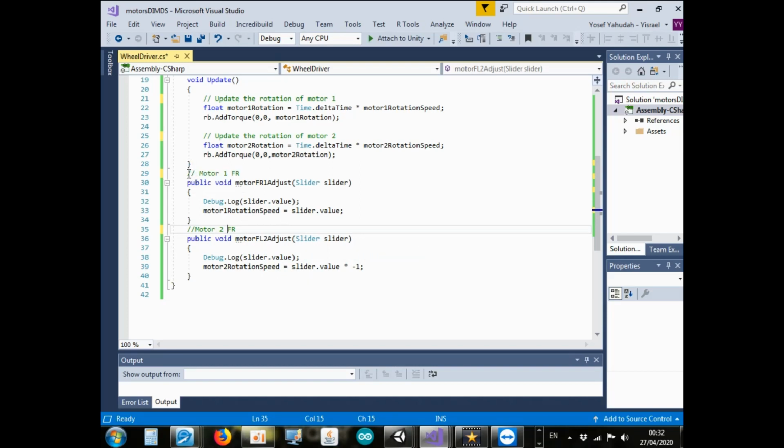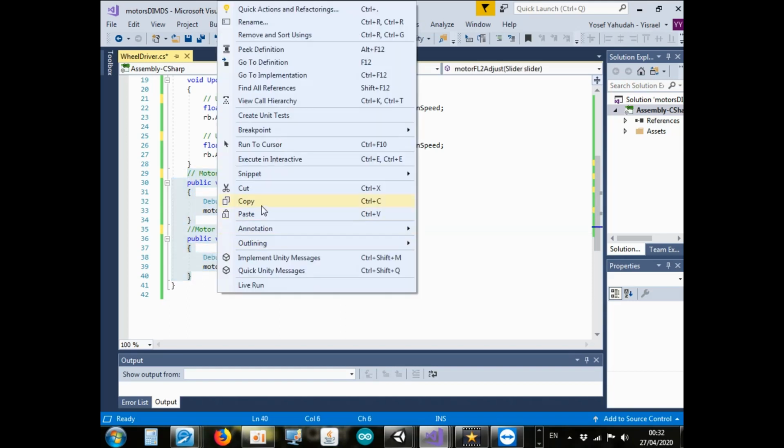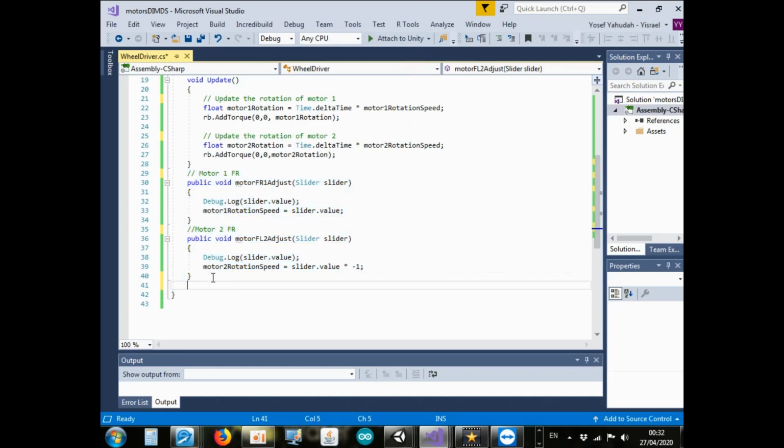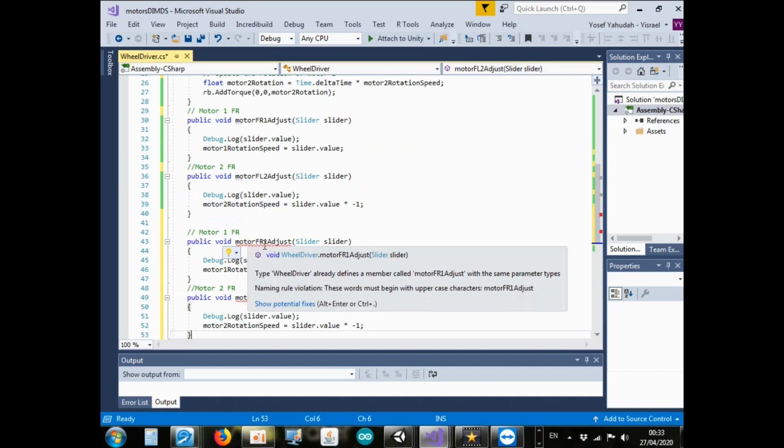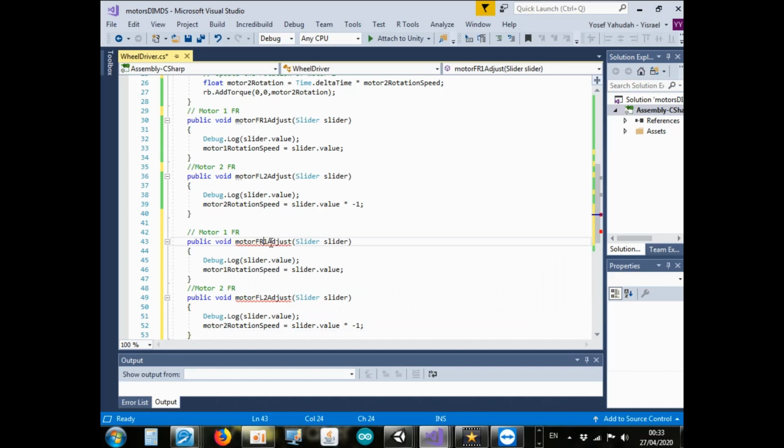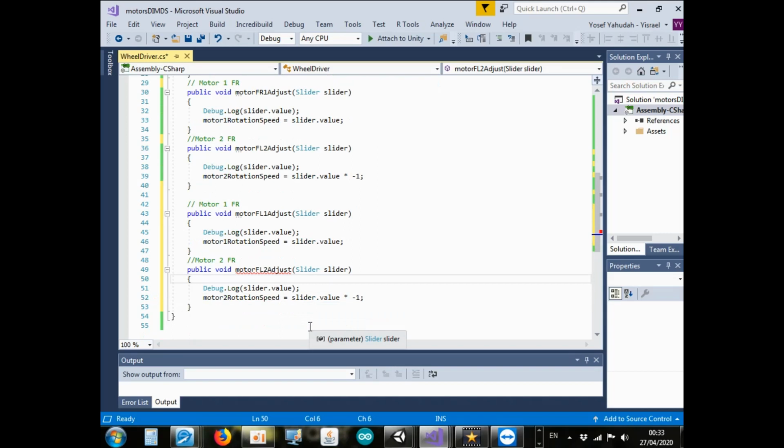we're going to need to copy these functions again, add them to here. Then when we've added them, we need to say, instead of front right, we say front left here, motor 1 front left there. So we just separate everything so we don't get these things spinning when they're not supposed to be spinning. Front left, motor 2,